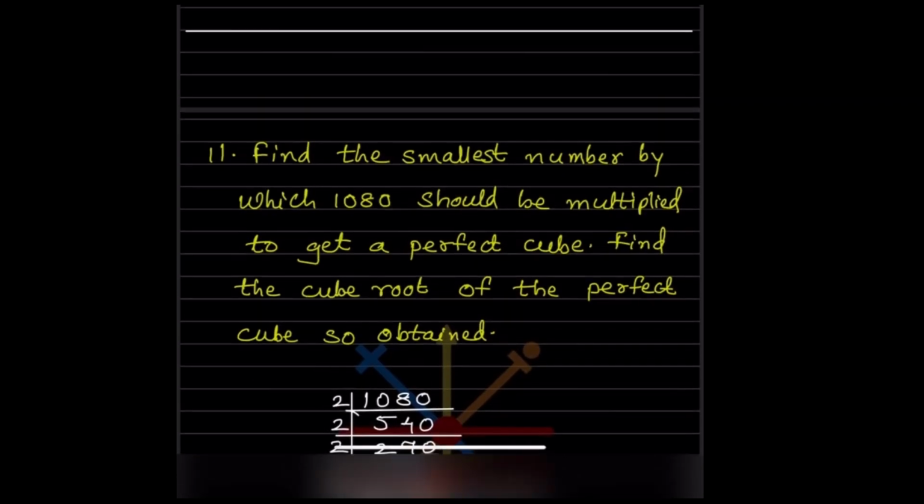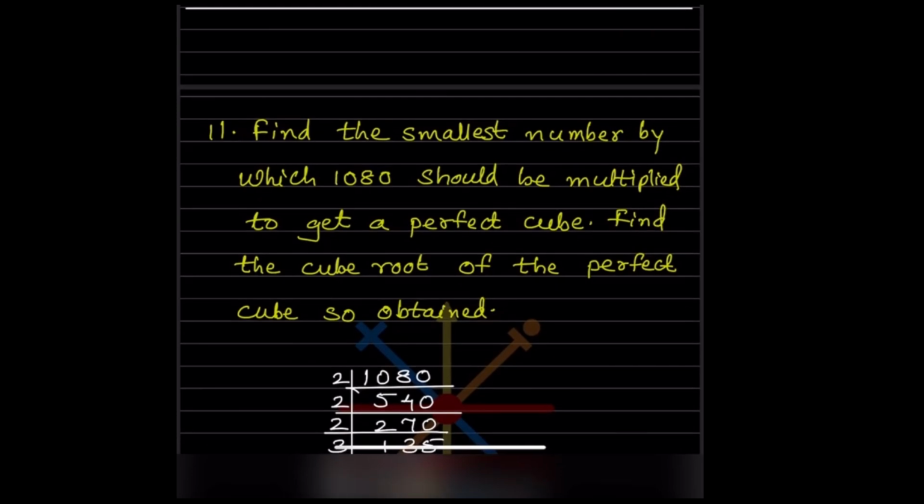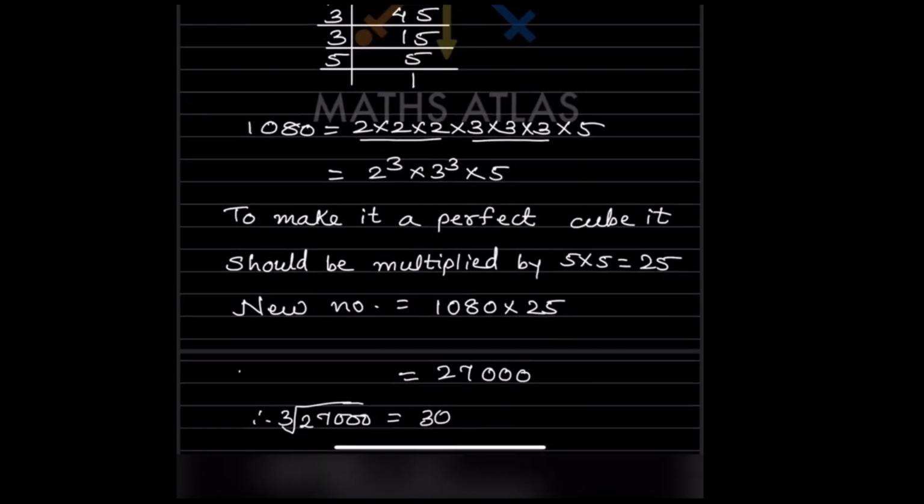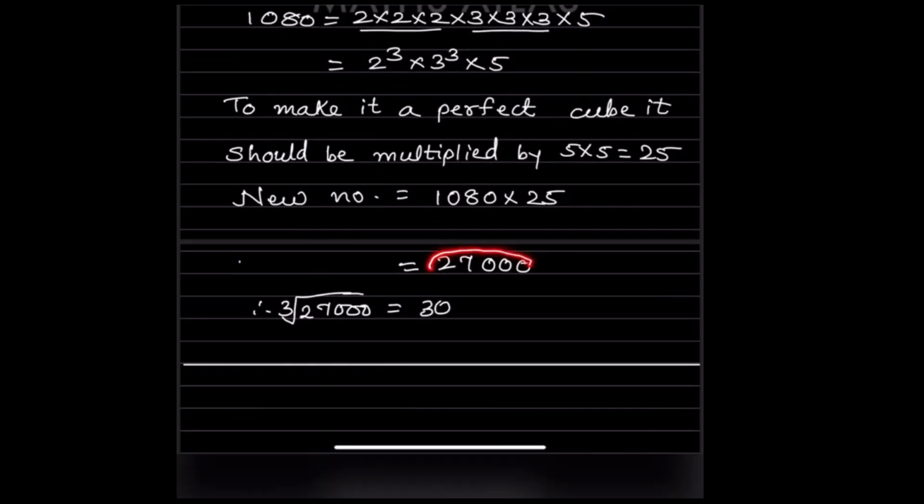So again, what did they say? We got the number, but find the cube root of the perfect cube obtained. So you have to find the cube root of this number. Cube root of 27 is 3, 3 into 3 into 3 is 27. So 3, and these are 3 zeros, so that is 1000, so you're just going to put here 10. It means 30 into 30 into 30. If you multiply 3 times, you get this one, 27,000. You can multiply and check. This is to check.